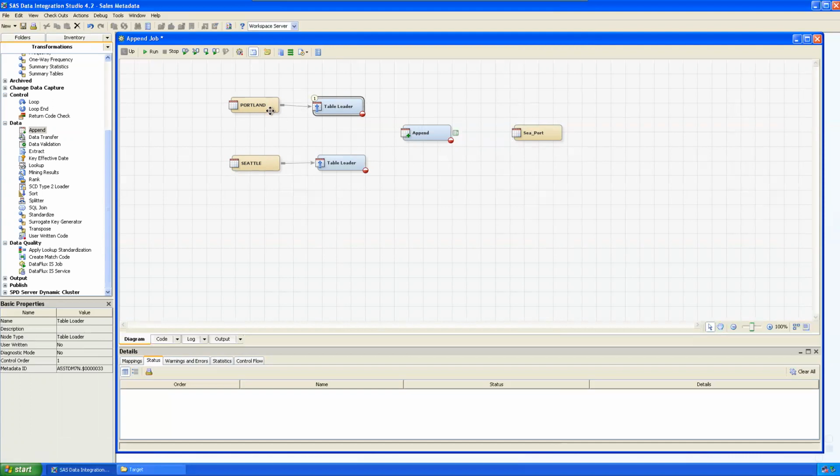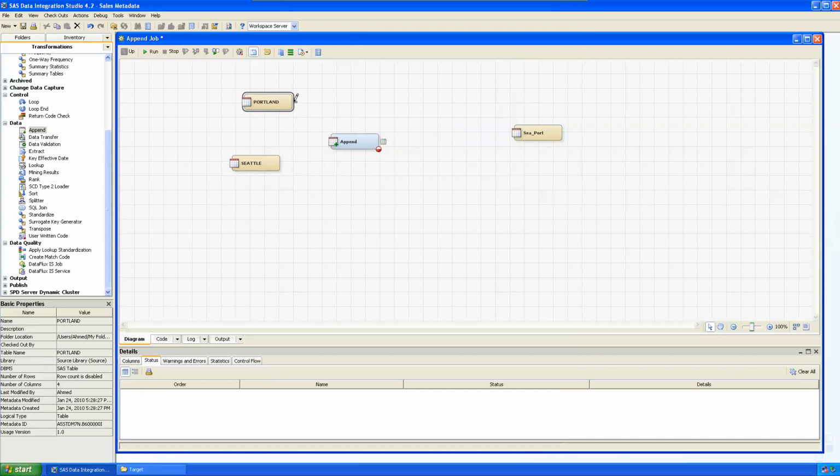So we are not loading the data from table to table. We are loading into one transformation, right? So I am deleting these two. Now just connect like this. Connect like this. So